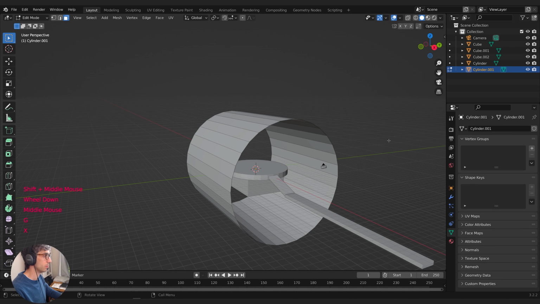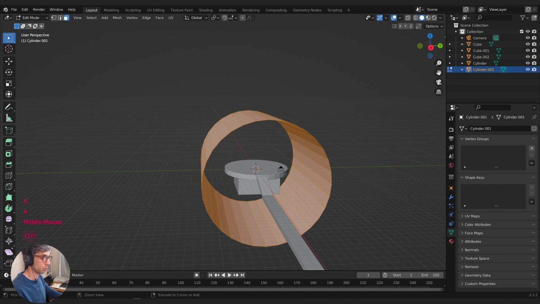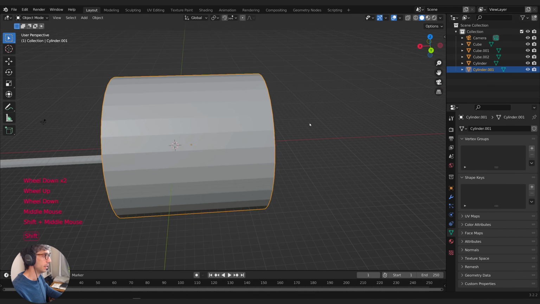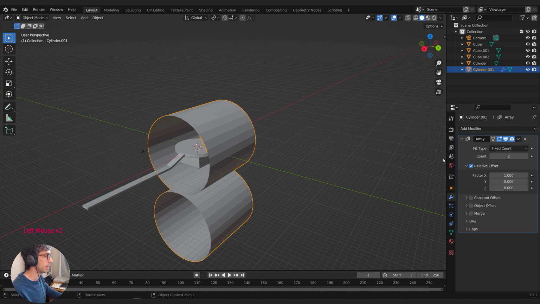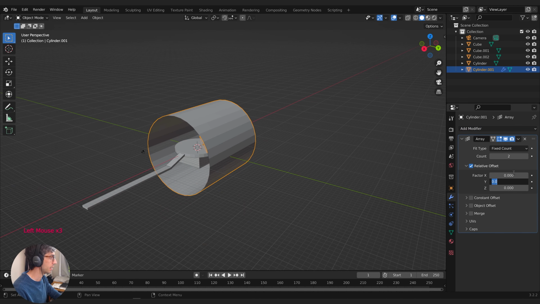And I will Control R, and I'm going to create a bunch of loop cuts. And I want to extend it out. So I'm actually going to use an array for that. So I'm going to go add modifier, add an array, and I'm going to send it out in the